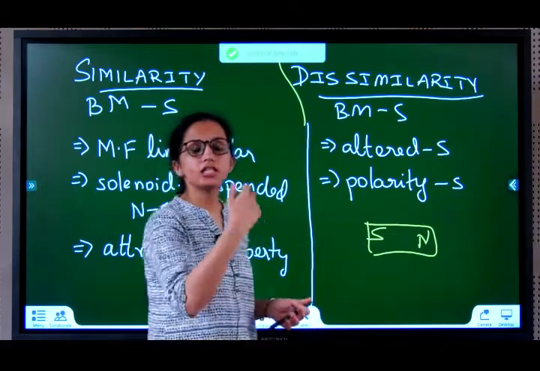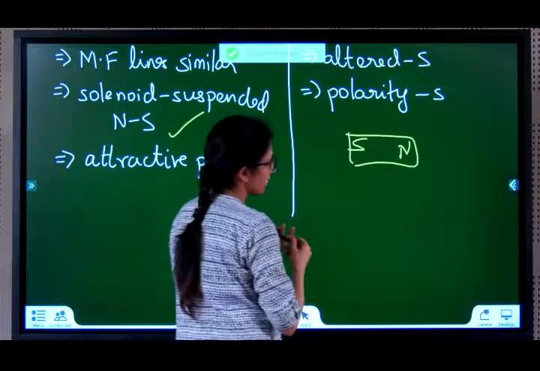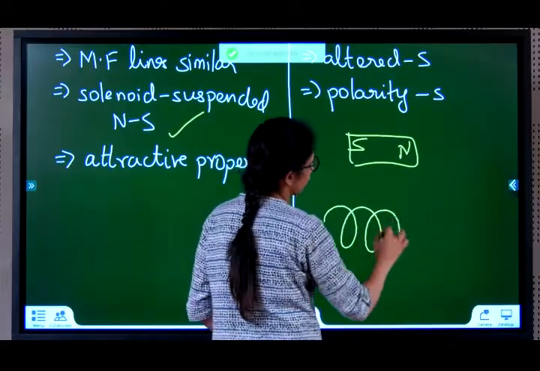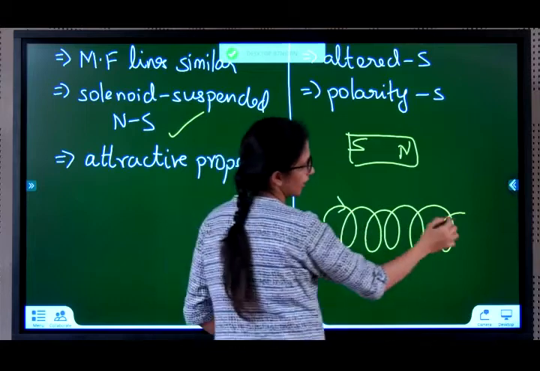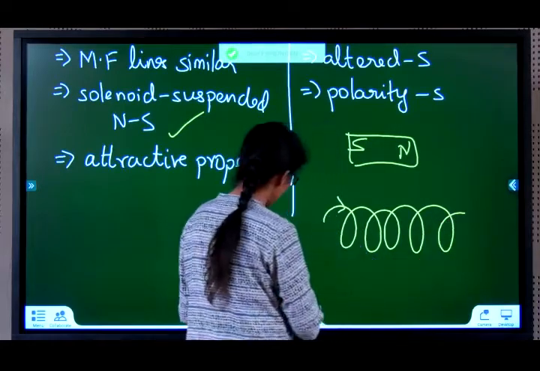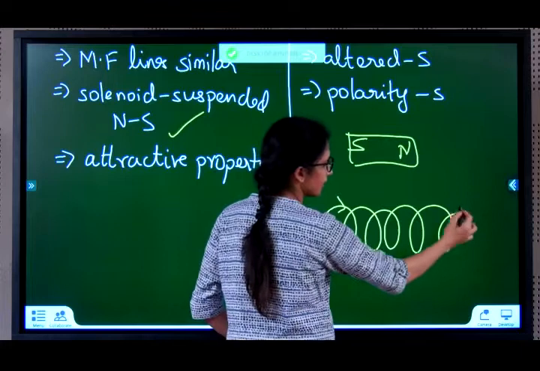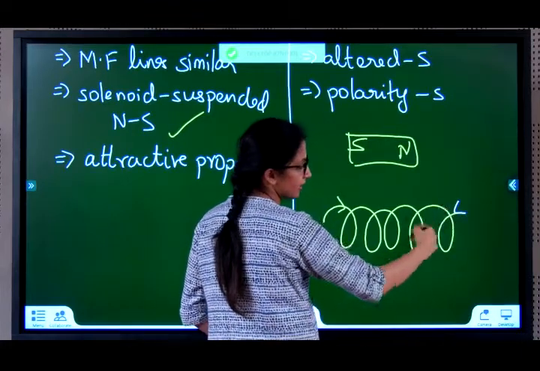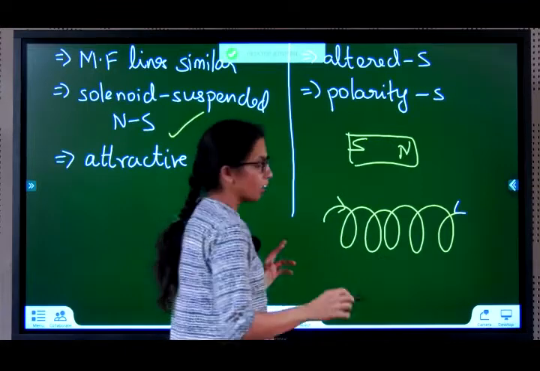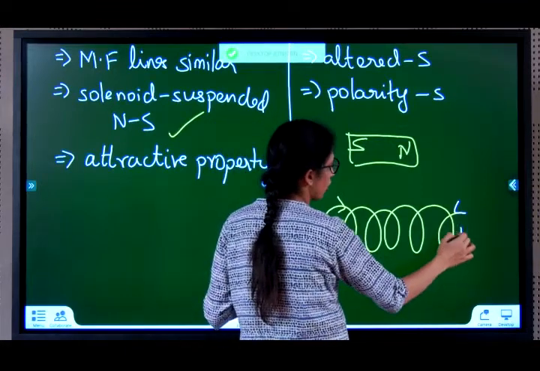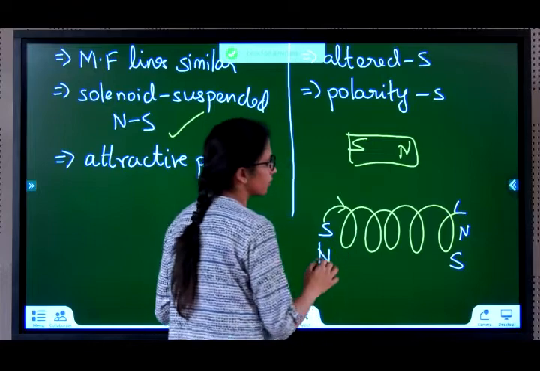How? Simply change the direction of current. From here, current was going clockwise, and here it became anti-clockwise, correct? So here it was initially clockwise and then it became anti-clockwise here. Now if I reverse it and send the current from here, then the current starts from here and goes. So the loop will only change now. So if this was south first and then north here, now this will become south and this will become north.